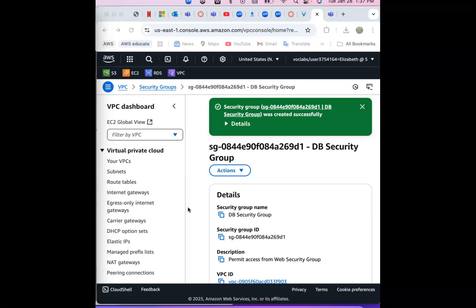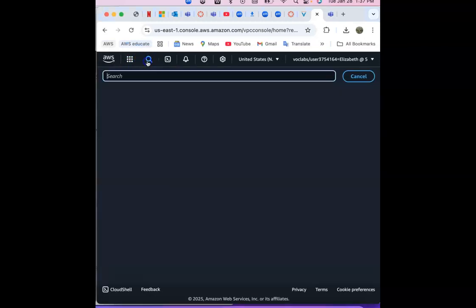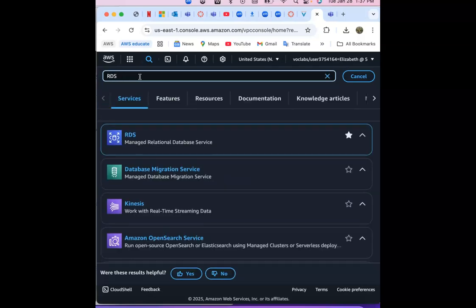In the AWS Management Console, in the search box next to Services, search for and select RDS. So in the AWS Management Console, you will click this search button, and then we are going to search for RDS, and there it